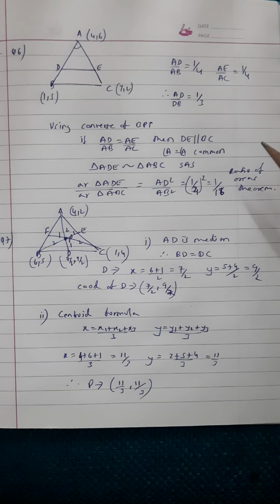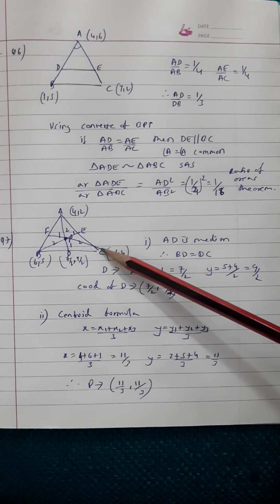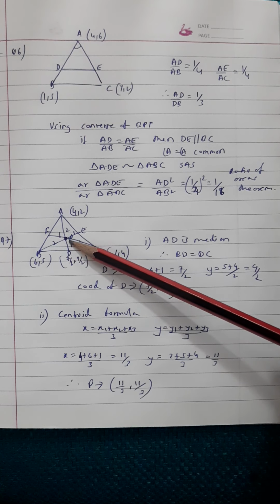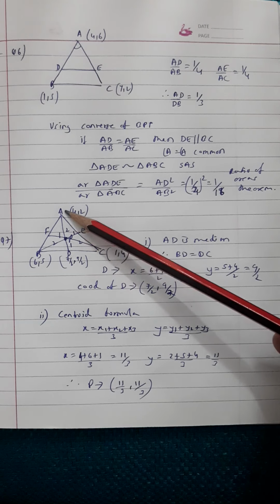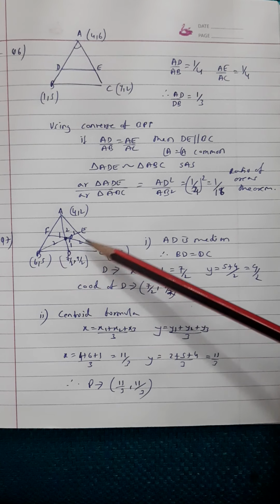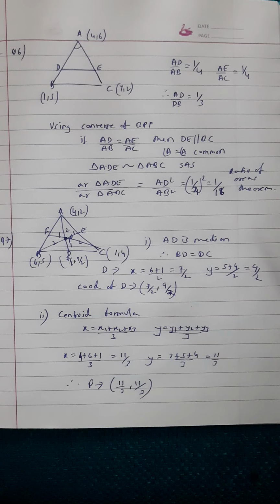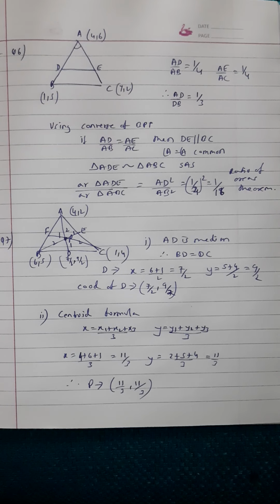Now whether you use the section formula or the centroid formula, that's up to you. And similarly, if I am going to find out the coordinates of P from this side or this side, it's going to be the same because the medians intersect at the same point. Whenever we draw the medians, the point of intersection is the centroid. So whether we find it with respect to AD, or with respect to CF or BE, the coordinates of the centroid will always come 11 by 3, 11 by 3. So what do we observe? We observe that the point of intersection is the same and the coordinates are 11 by 3, 11 by 3 in all the three cases.